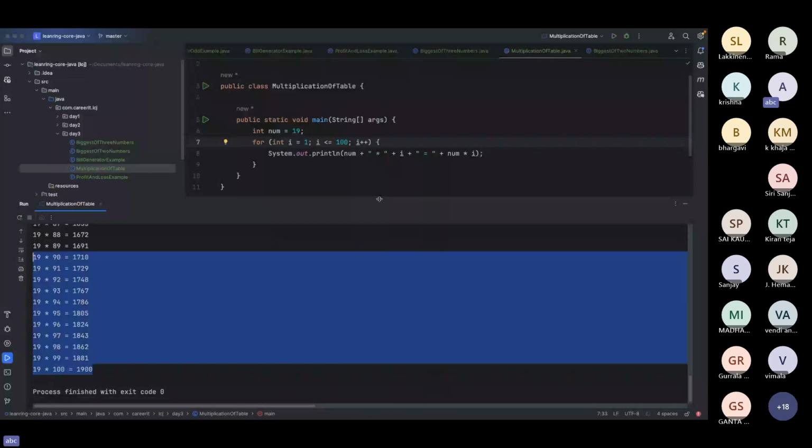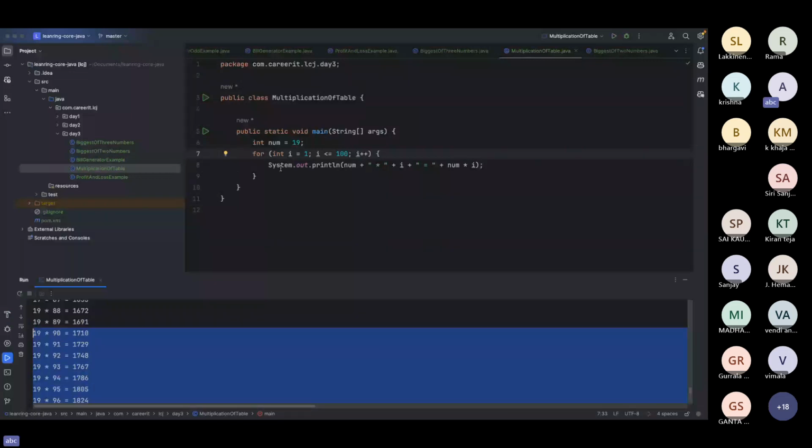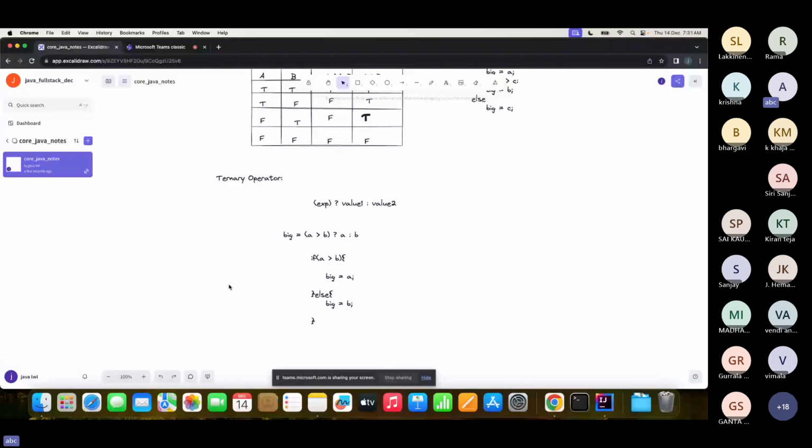When you want to execute statements n number of times, or a desired number of times, you would be using loops. This is one of the simplest loops, the for loop we are using here. The for loop basic syntax is, we are going to write it here, for